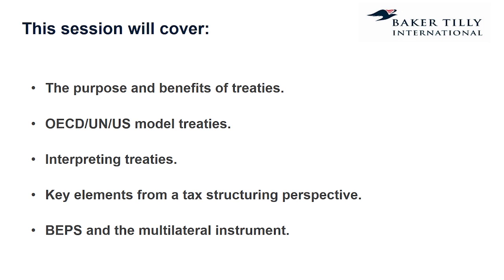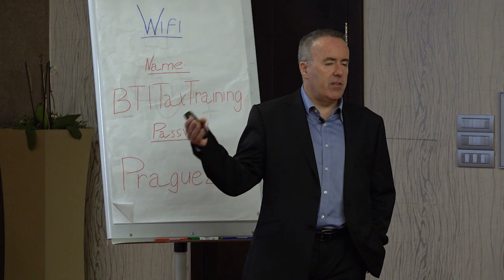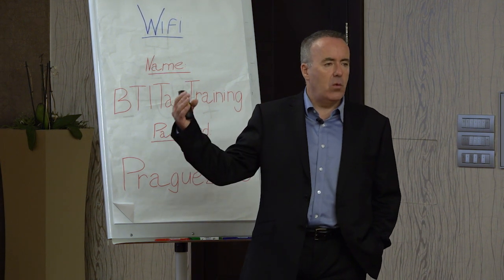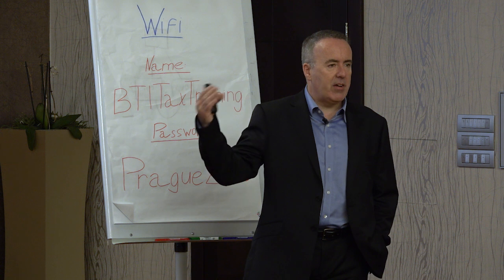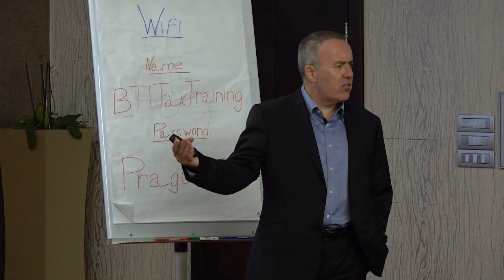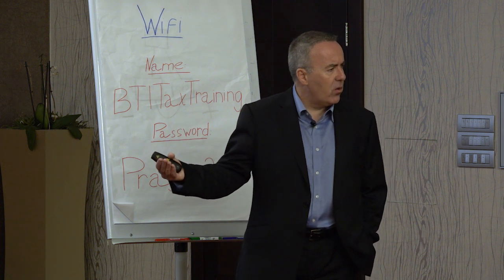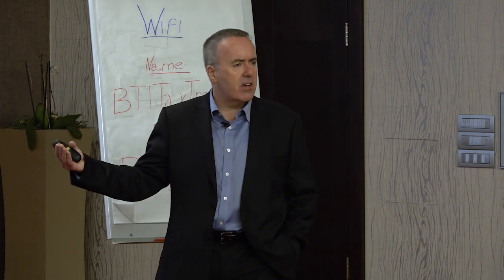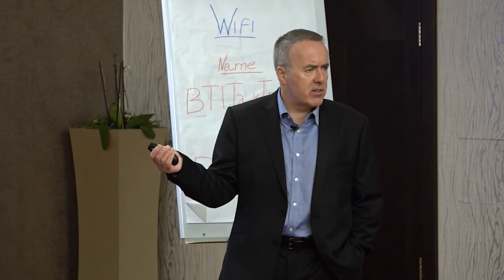Anyone that's read double tax treaties, the first time you read a double tax treaty, you think, wow, this is complicated. How will I ever get my head around this? Then you pick up another double tax treaty and you think, actually, that looks rather familiar. And when you're on to the 10th one, you just think, hang on, these are just a big cut and paste job, which is basically what they are. Because pretty much all double tax treaties follow one of three models.